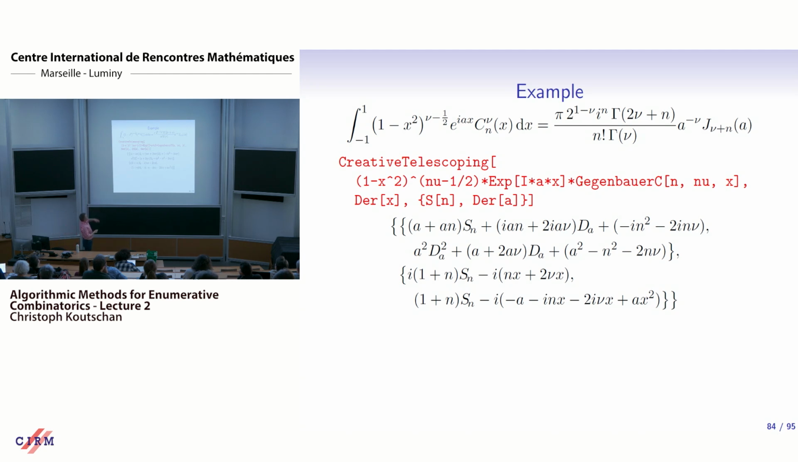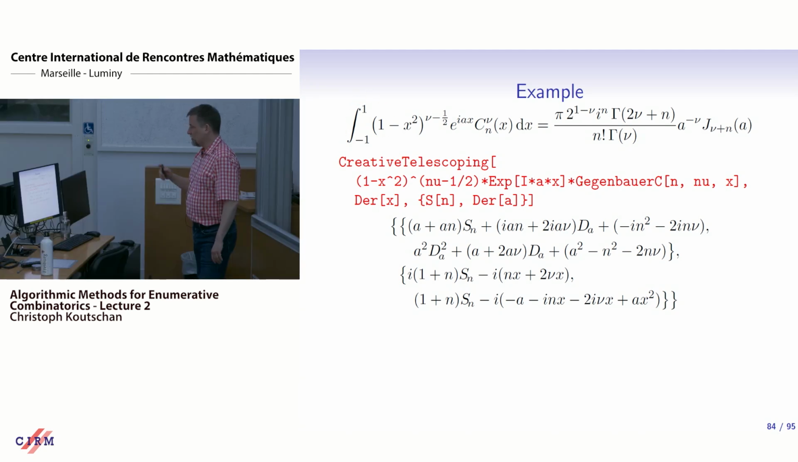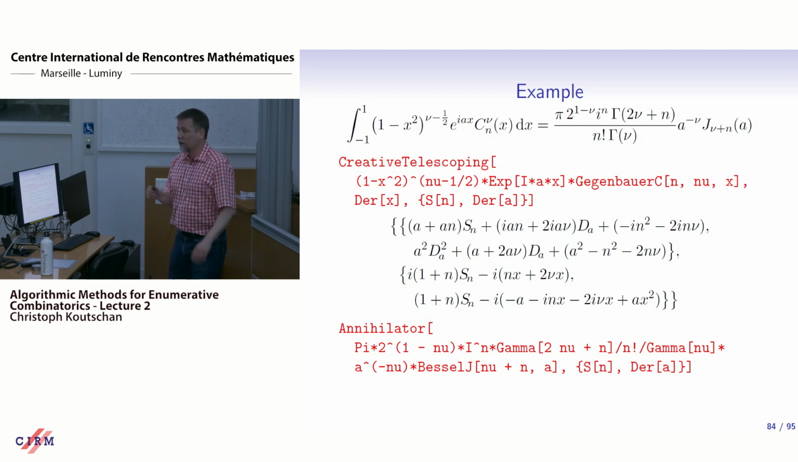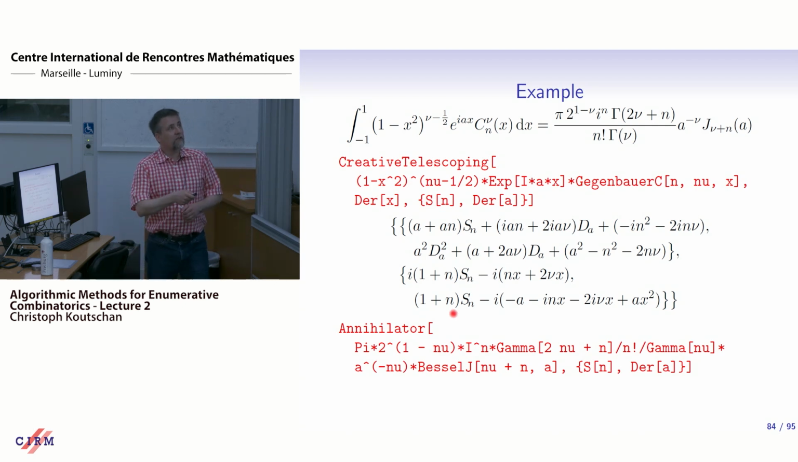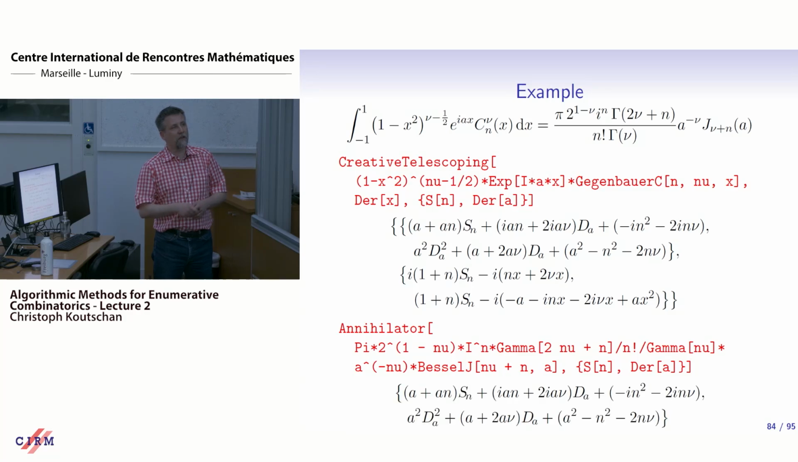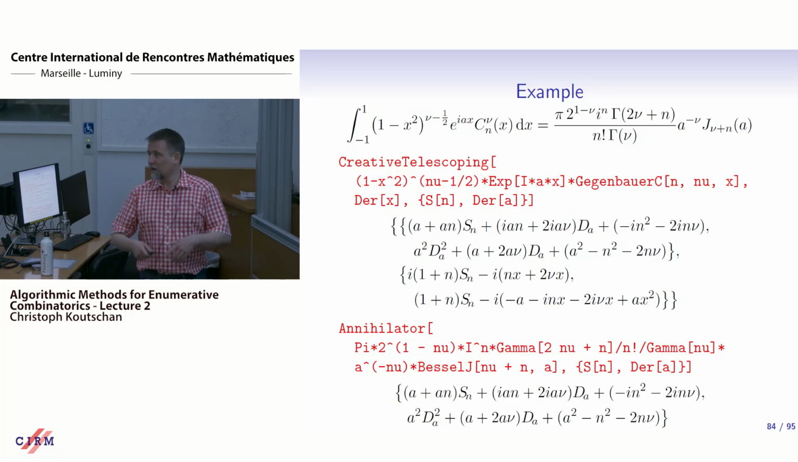So then you should do some checks that when you evaluate at the boundaries that everything vanishes, and you turn to the right-hand side. Here there's no integral, so no need to do creative telescoping. We can just call annihilator that executes the closure properties on this combination of known functions. So we really just have to copy this expression, again specify which operators we want to consider, and instantaneously we get the